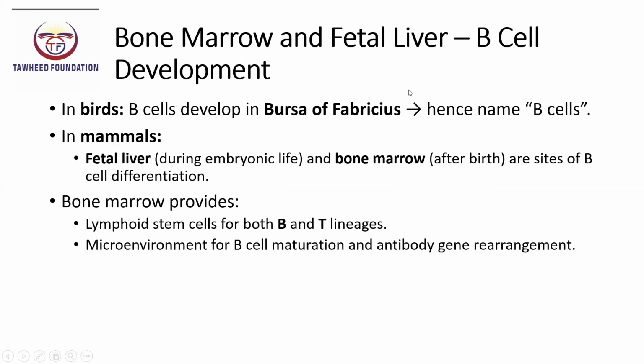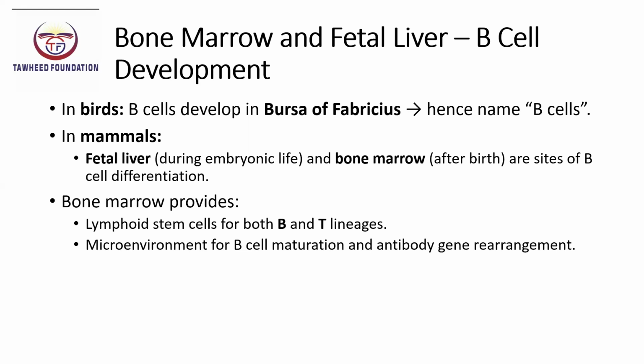Next is bone marrow and fetal liver B cell development. In mammals, bone marrow serves as the major site for B cell development, while in embryos, the fetal liver performs this function. In birds, the bursa of Fabricius is the equivalent organ, hence the term B cell. Bone marrow provides both the lymphoid stem cells that give rise to B and T lineages and the microenvironment needed for B cell maturation, including